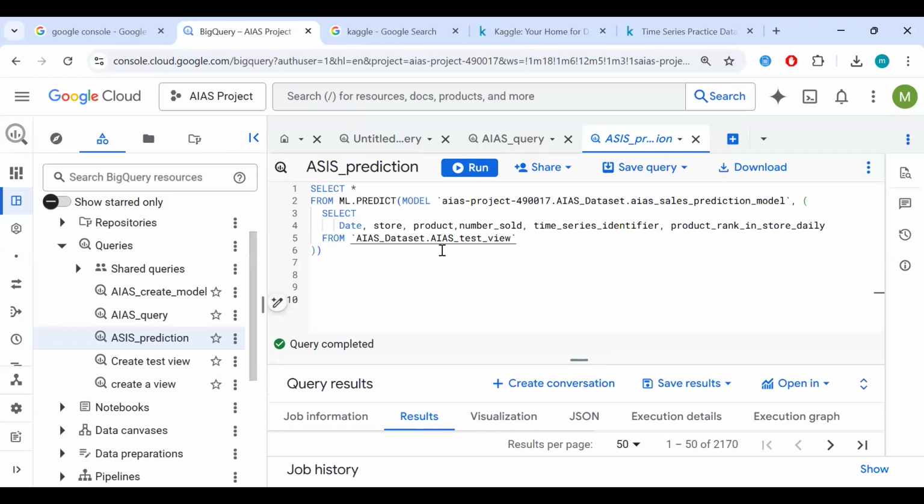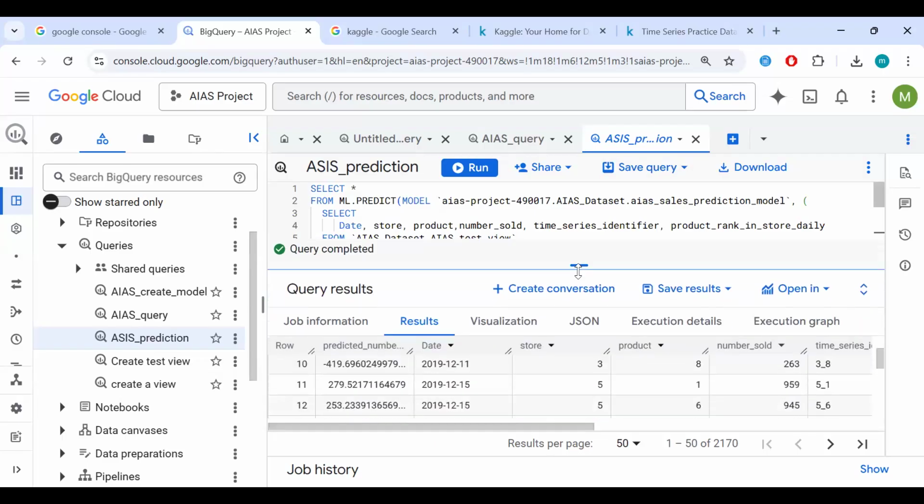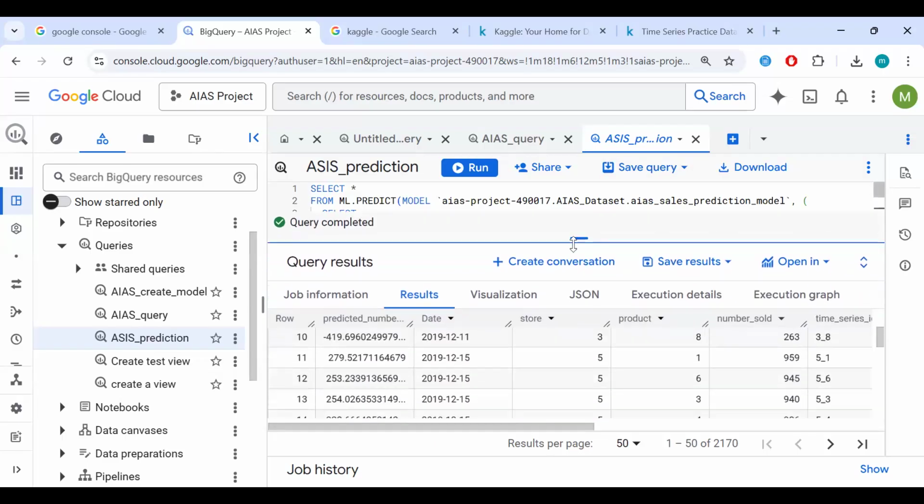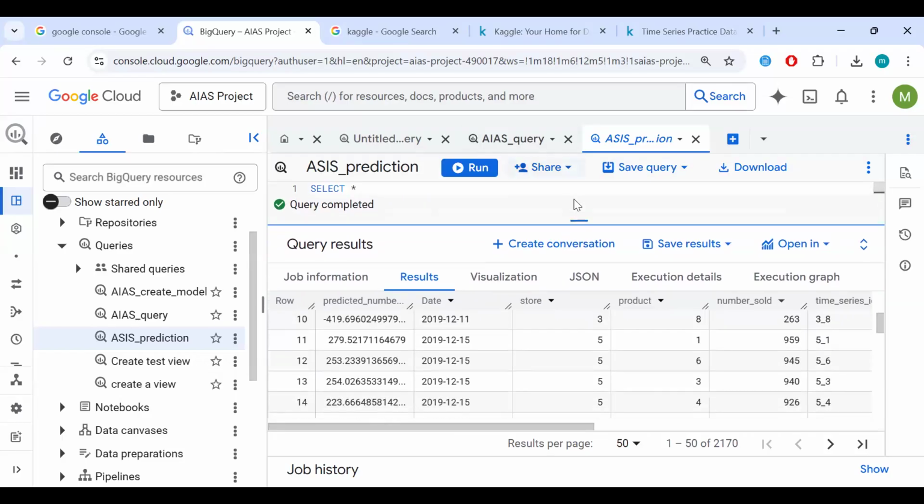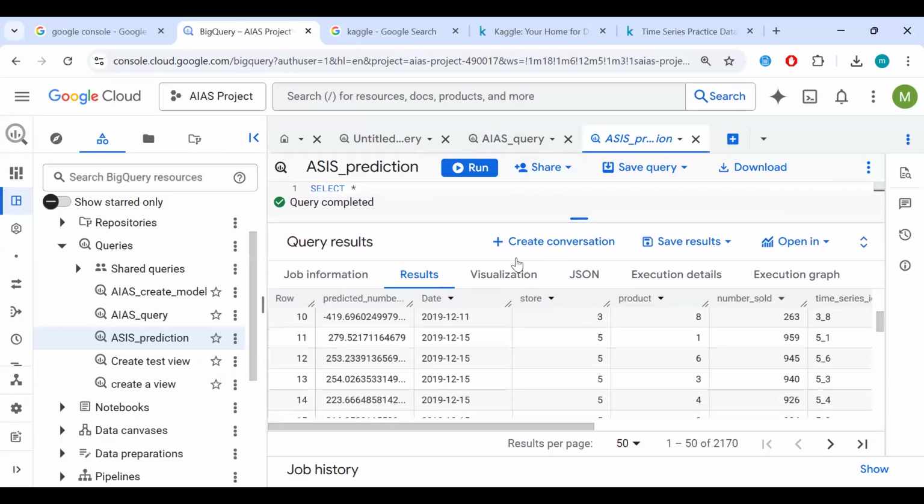So now that we have done this prediction and we're seeing our model make predictions, a model that we created from scratch, cleaned the data, trained, evaluated, and then made predictions. Now, assuming our model was making correct predictions, let's say it was getting 950, 959 or 945, and that's what we're getting here, right?